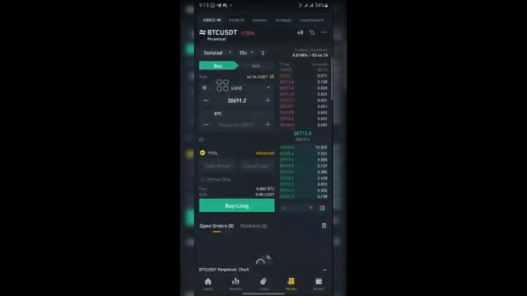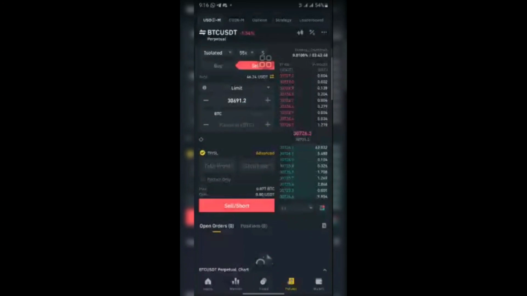If I want to long a coin, or buy that coin, it means you are saying that the price of that particular coin will go up. So you say, I want to go long, or you are bullish on that coin. You understand? So you come here, buy. But if you want to short the market, you want to sell it, then you click on this one, this sell.